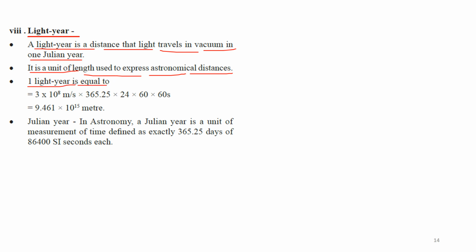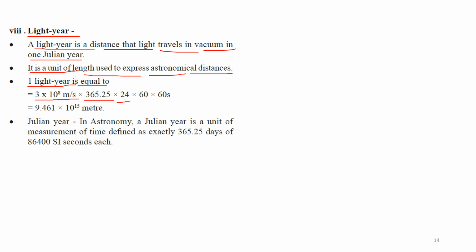1 light year is equal to 3 into 10 to the power 8 into... ऑब्वियसली लाइट की जो स्पीड होती है इतनी होती है, 3 × 10⁸ मीटर पर सेकेंड, ठीक है, ये इसकी स्पीड होती है। अब इस स्पीड से एक साल में कितना वो ट्रेवल करती है, दैट इज कॉल्ड लाइट ईयर, वो डिस्टेंस बोलता है लाइट ईयर। ओके, सो 3 × 10⁸ मीटर पर सेकेंड, ये एक साल में